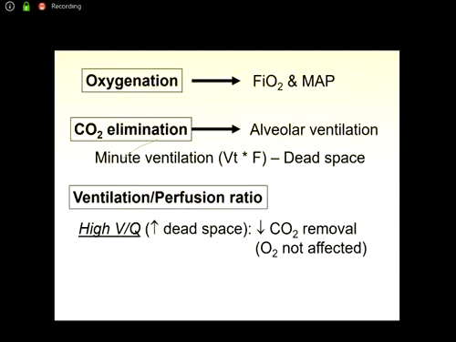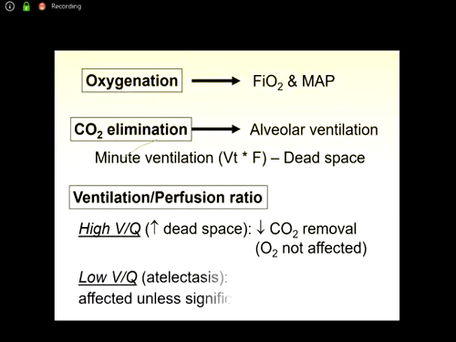So when you have a ventilation perfusion abnormality, if you have a high ventilation perfusion ratio, the classical example is an increased dead space. The main issue here is decreased CO2 removal because your alveolar ventilation goes down. Okay, so you take a lot of your tidal volume away because of the increased dead space. Oxygen in general is not affected unless you're compromising perfusion of those lungs. But again, because when you have increased dead space, your mean airway pressure goes up, and oxygenation usually is not